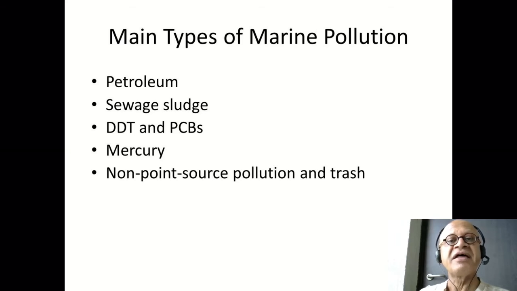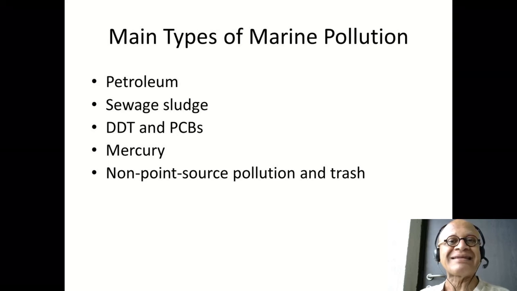So there are some natural types of pollutants like petroleum seeps naturally, methane and so on. There are many things that are seeping at the bottom of the ocean, at the coast, or in the deep ocean. But human beings add to this petroleum pollution, obviously. And the pictures that always shock us is when a ship runs into the coast somewhere and spills a lot of oil. But we will see that everyday traffic actually contributes much more than the containers leaking when they crash. Okay,